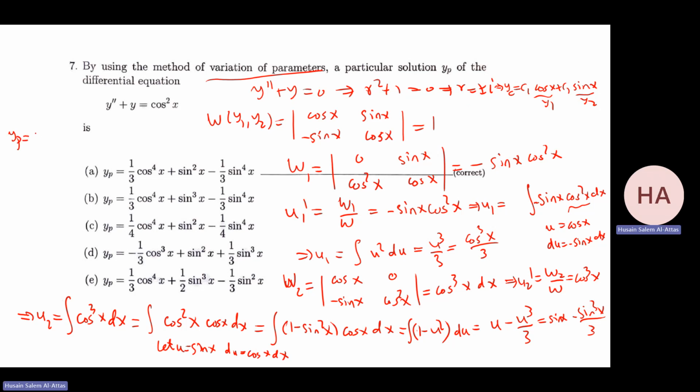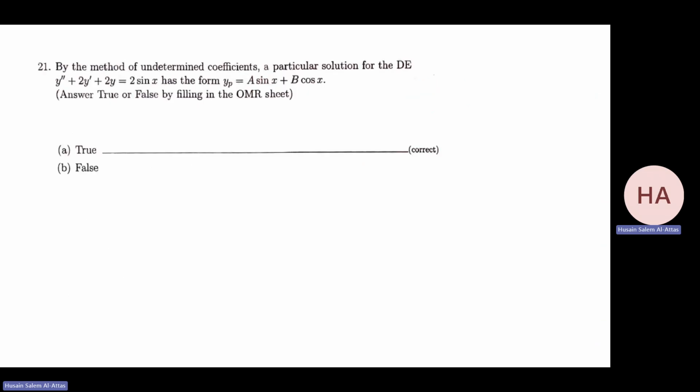yp will be u1 y1 plus u2 y2. Okay, u1 is this, multiplied by y1, which is cosine, so that will be 1 over 3 cosine to the power 4. Okay, u2 multiplied by y2, which is sine, that will be plus sine squared minus 1 over 3 sine to the power 4, which is this answer. Yeah, calculation, nothing more there. Okay, by the method of undetermined coefficients, a particular solution has the form